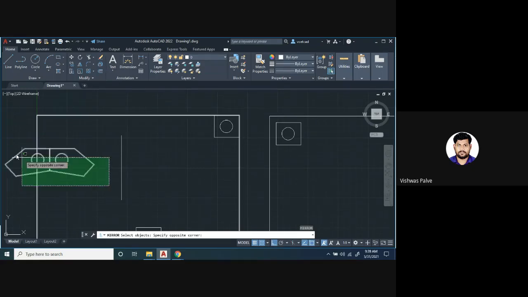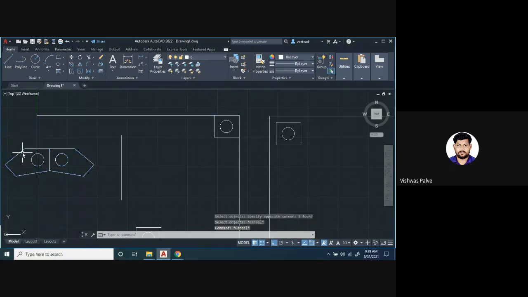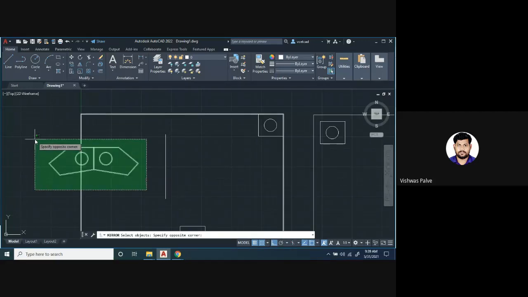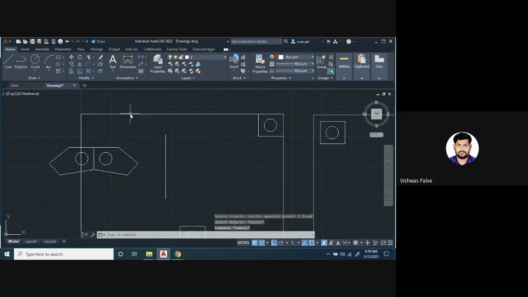Then select the object. One second. I want to select only this object, but what is happening now? See here. First select the object. If I use the green color rectangle, what is happening? The complete object is getting selected. Along with that, the outer rectangle is also getting selected. So what is the solution for that? Yes, anyone? Sir, from top left you can drag.